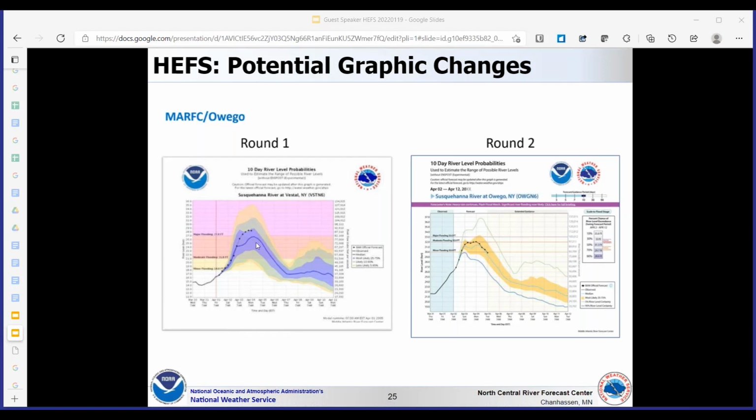What's shown in these graphics is, well, the solid blue line is the median, and then we show the ranges of the exceedance probabilities. So the blue is the 25 to 75, the green is the 10 to 90, and the yellowish color is the 5 to 95.